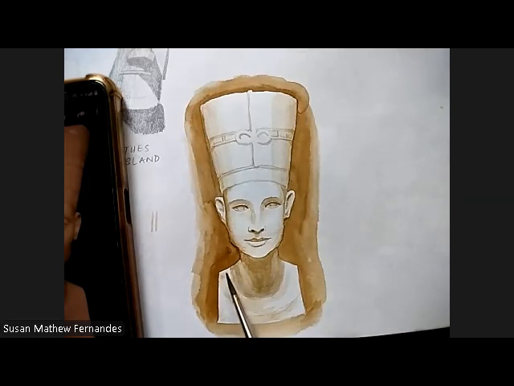Yeah, here there's no white. Just look for the white, okay? Look for the white. So I'm seeing the most white on this side and a little bit of white on this side, and that's it. I'm not seeing anything more. Let this dry. While this dries,